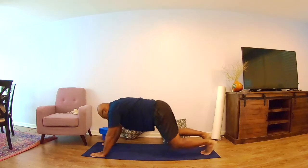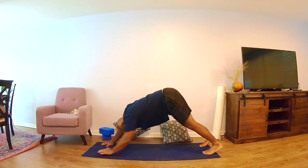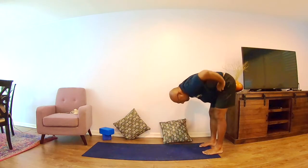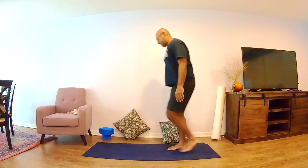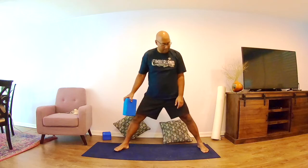Push yourselves up into downward facing dog. We'll take a few deep breaths here, and then we'll walk our hands towards our feet and then place the hands on the hips. Come on up with a strong core, and then we'll grab our block and stand with our feet wide apart,